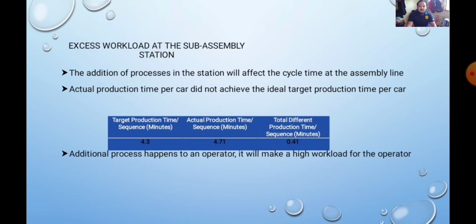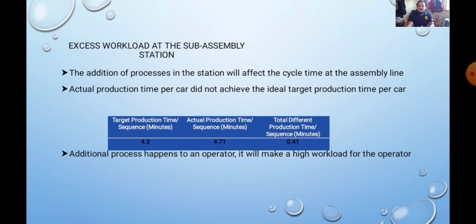So the additional process in the station will affect the cycle time at the chassis line. Cycle time is the total production time from the beginning until the end of the process. So cycle time can be measured based on the observation and results data. Manufacturing cycle time is an average time record for the whole process of manufacturing. So as you can see in the table below,